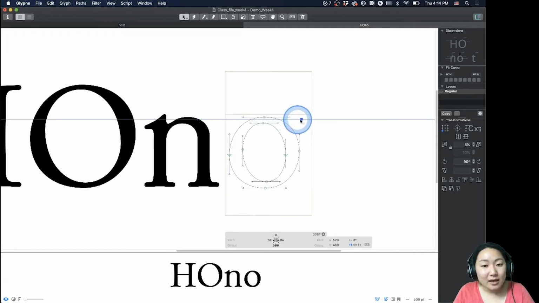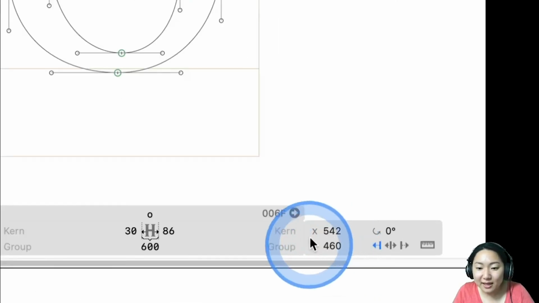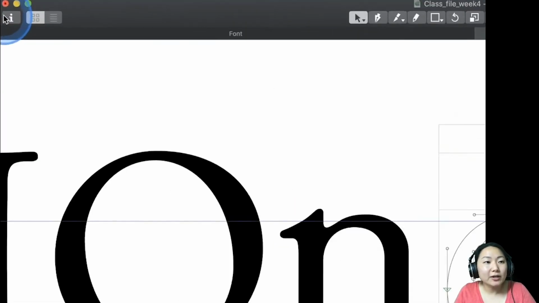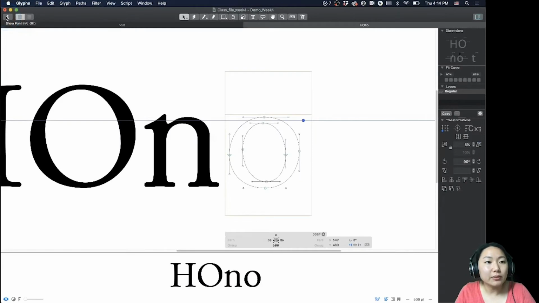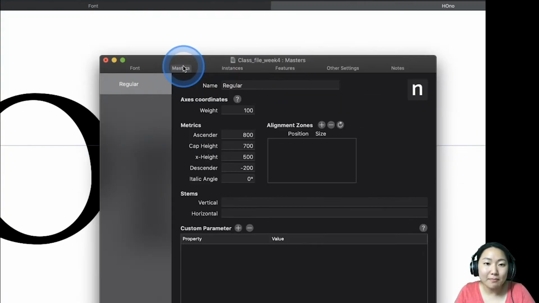Let's say, considering the O has an overshoot, I want my X height to be, let's say, 460. I'm moving this with my keyboard, and you can see that I am moving it to 460 right here. So that's the measurement that I want. Let's go and change the X height. I'm going to go right here in the upper left corner, show font info, or Command I, and then go into the second tab, which is the Masters tab.